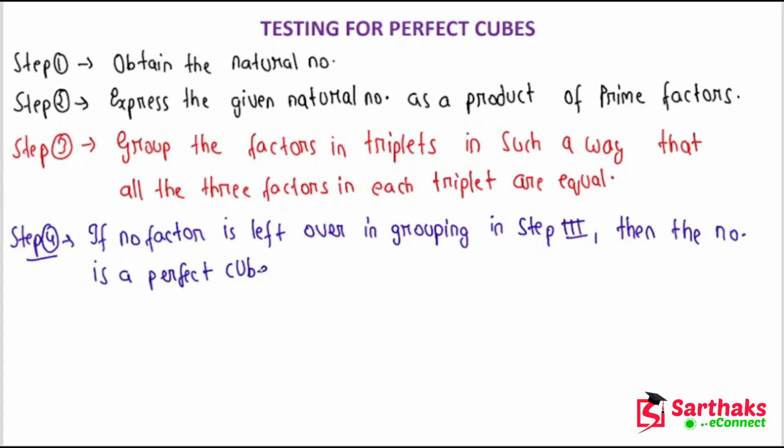So if you get all triplets, then you can multiply the number by itself thrice and you will get this bigger number which we are actually factorizing. So if nothing is left over in the grouping in step 3, then the number is a perfect cube,